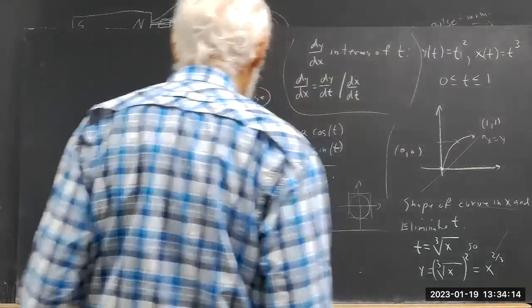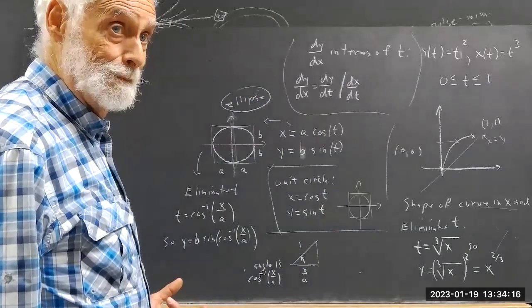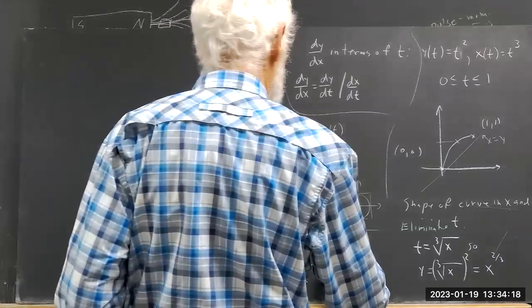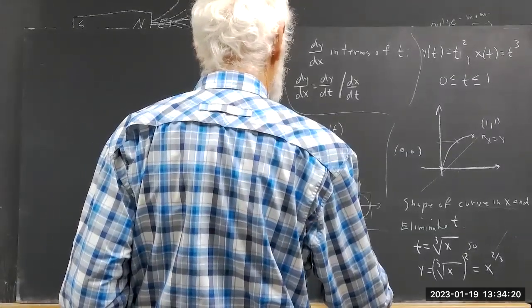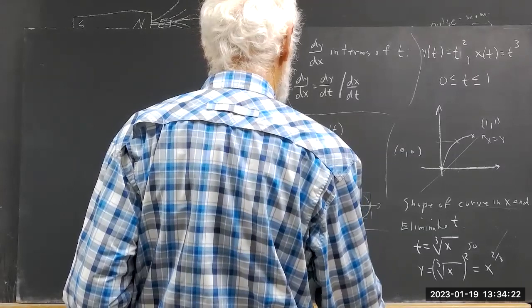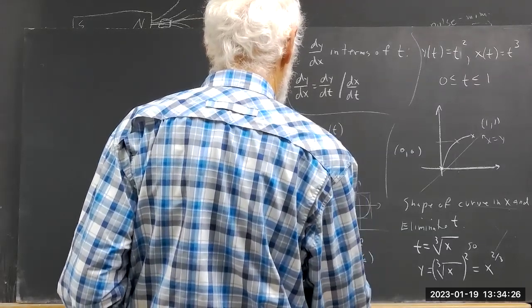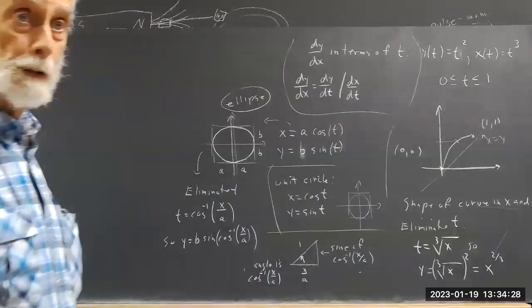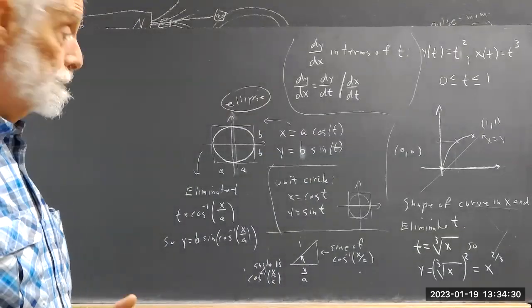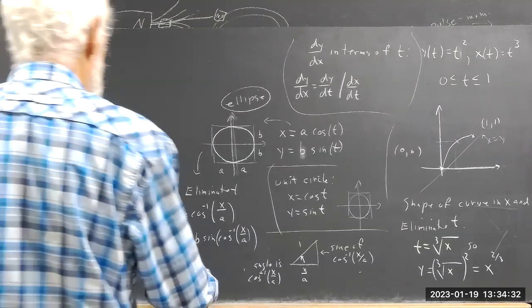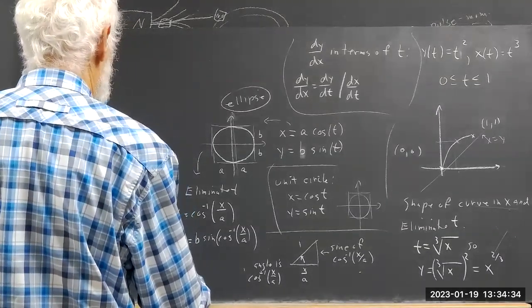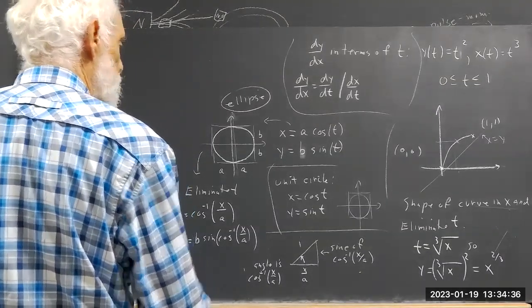Okay, so what's the sine of that angle? I know that angle is the side of the triangle. So Y equals B times